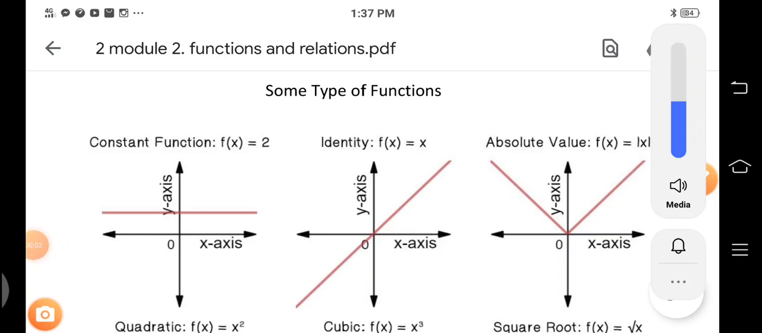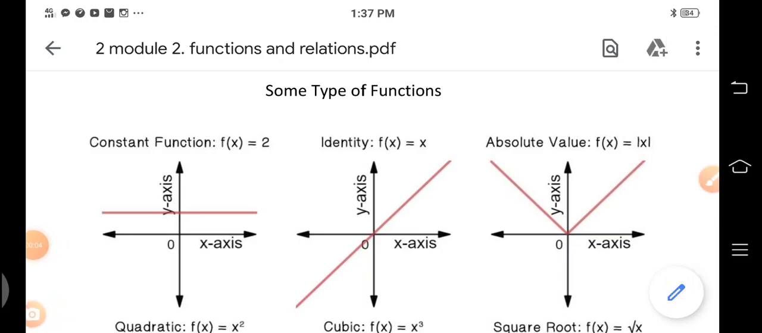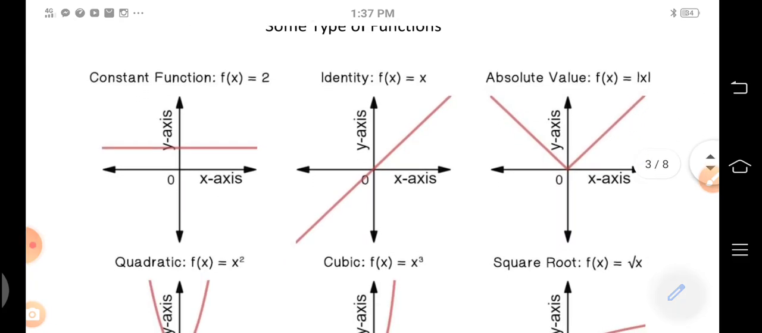Okay, still on relations and functions. So some types of functions, we have constant function, identity function, and absolute value function. If we're going to graph this using GeoGebra,